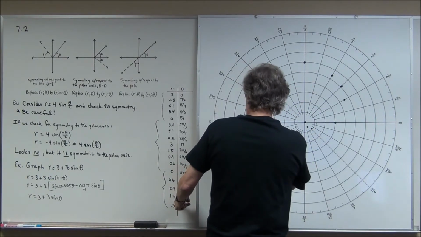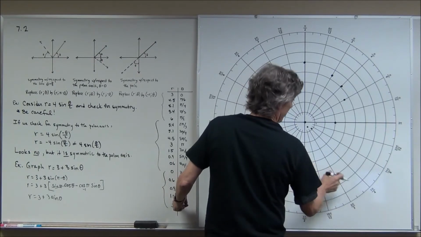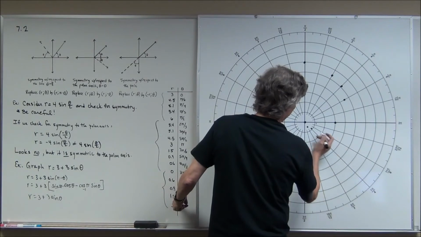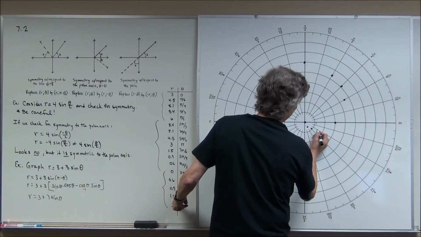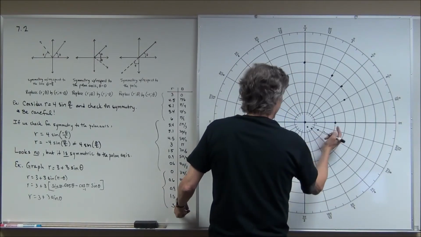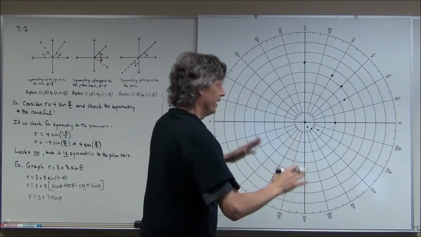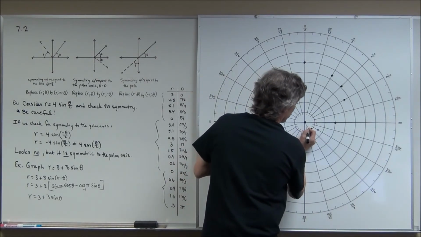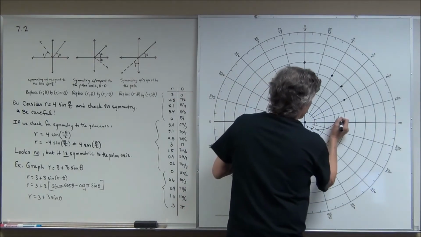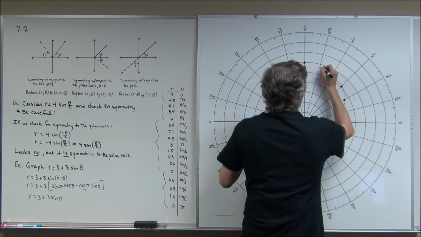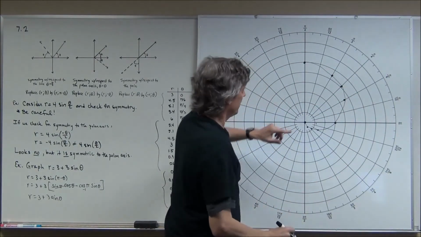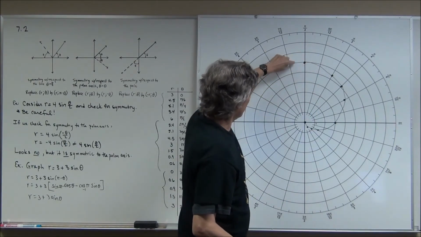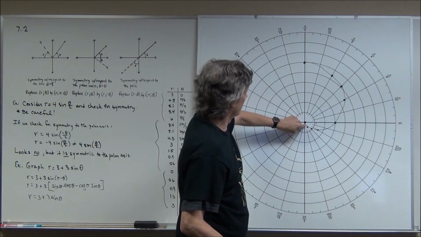I have 1.5 and 11 pi over 6. 1.5, gotta find my spot here, and 11 pi over 6, 1.5, and then I'm back up to here. Now, I know this isn't following the orientation, but look what I'm going to get here. I predict that the rest of my graph is going to be over here, symmetric to this line. It's going to kind of look like a fan or something there, a little bit, or at least the top